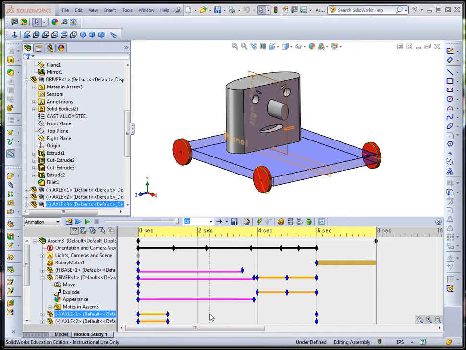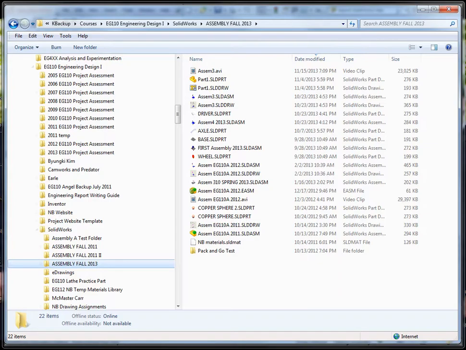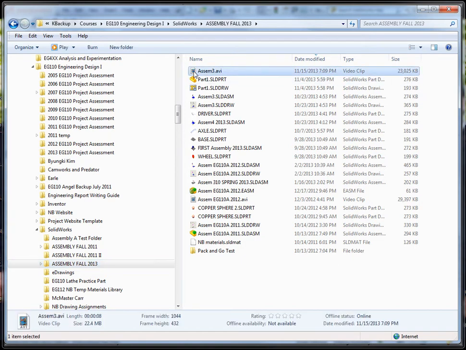Okay, I had paused the recording just because I didn't want to waste your time watching that complete. But at any rate, let's try that again. We look at the size, 23 meg, pretty big, right? And if I play that,